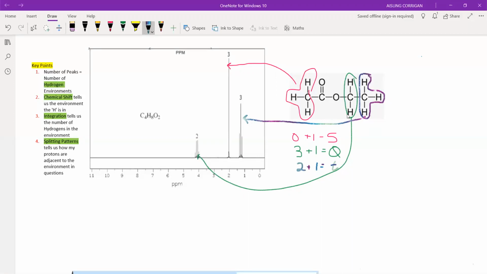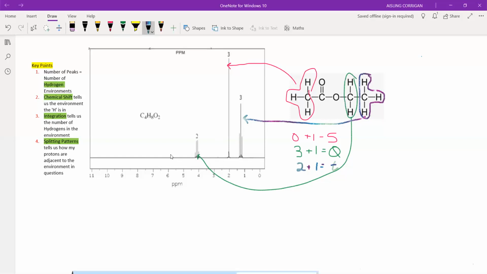We can see that this environment here, the CH2, is right next to an oxygen. It's bonded to an oxygen. So this oxygen is going to deshield these hydrogens. Therefore, it's going to push them furthest to the right. Out of all the environments, this green group is going to be most affected by that,